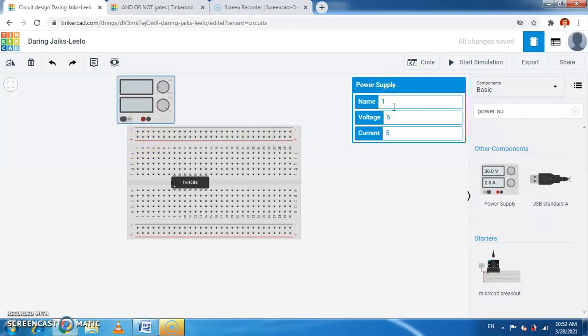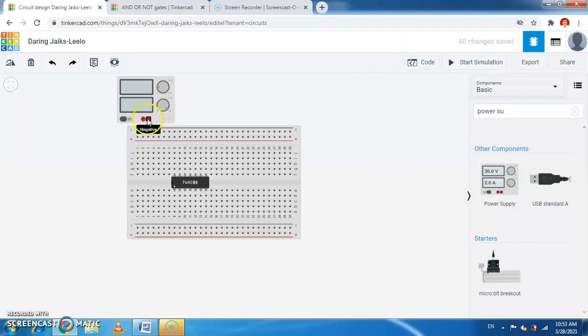We can name the power supply. Then we can adjust the voltage whatever we want. Now we are using this digital IC, that is TTL family here. So therefore we need the 5 volts as a power supply, that is a VCC here. Otherwise you can change it here, just typing whatever you want. Suppose you want the 10 volts, you can just type 10 volts and enter it. But now we require the 5 volts here. So therefore we can put it 5 volts. And by default it will take the 5 ampere current here.